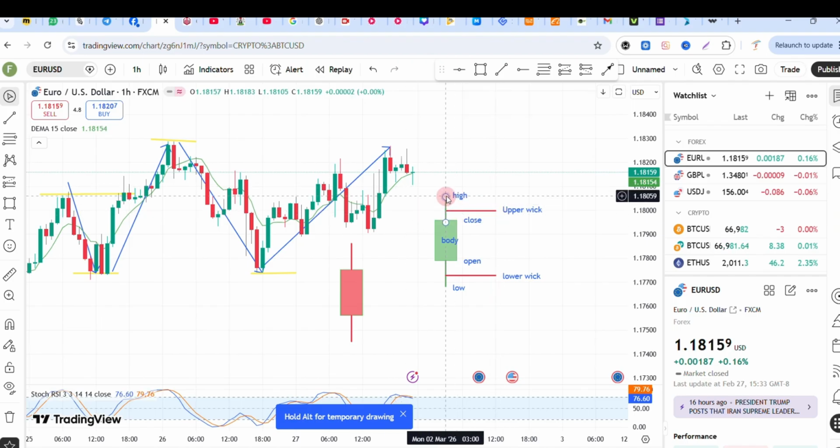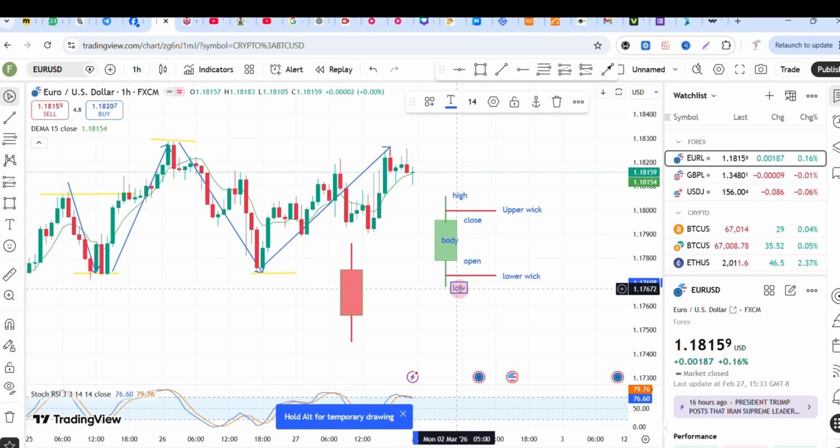So it got to this point, rejected. That's what it means. Got to this point, rejected. That's what it means. So this is a bullish candle. This is how the candles are aligned and indicated. So for a bearish candle,